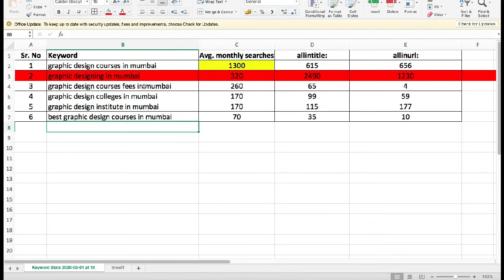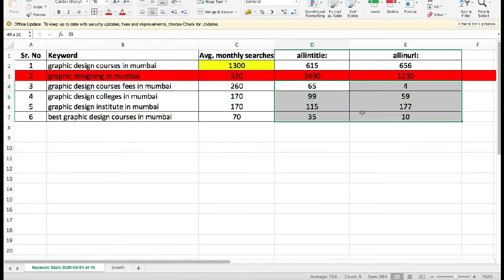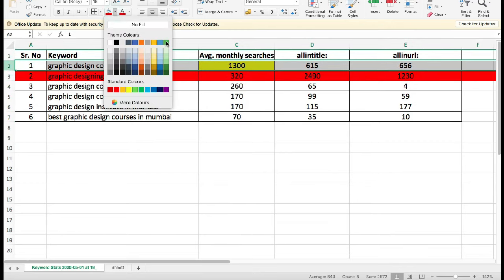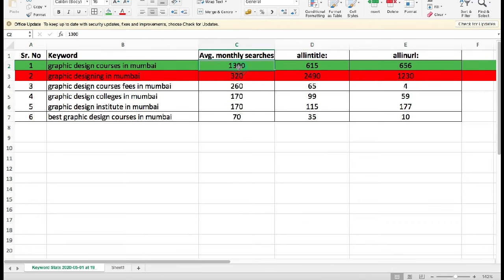Okay, look at the others, less search volumes as compared to this. And yeah, even though the competition is less, I agree, the competition is very less, but look at the number of searches, it's too less, right? So the best bet, or the ideal keyword for us, the primary keyword for us would be this one. Let me just mark this in green. So this keyword has the highest number of searches and medium level of competition if you compare it with these. So the competition is also medium. So my keyword of choice is going to be this one. This is going to be my primary keyword.